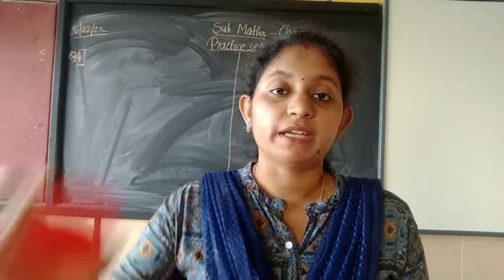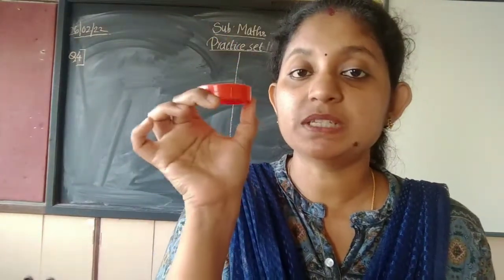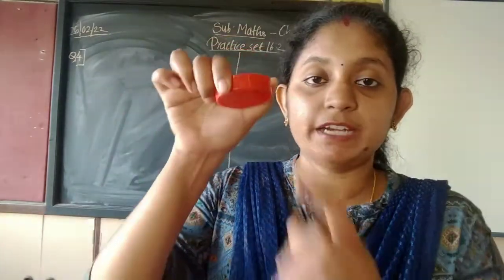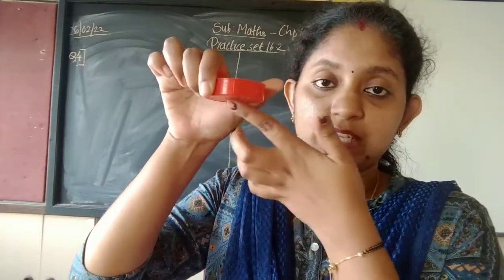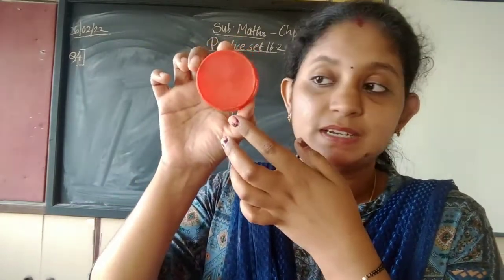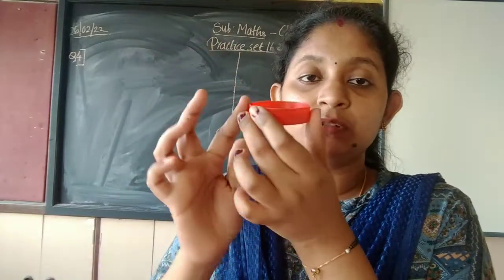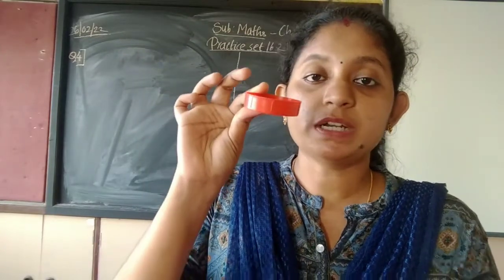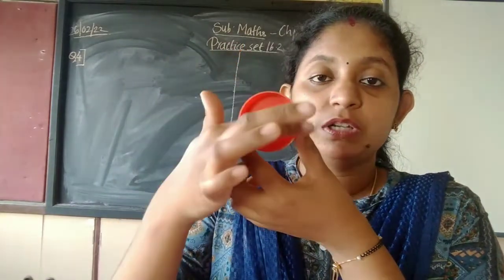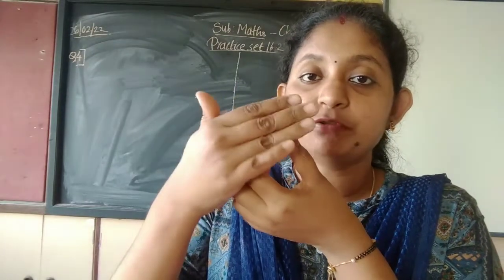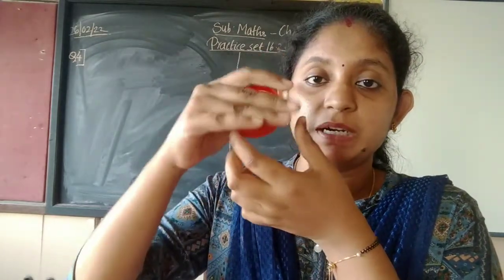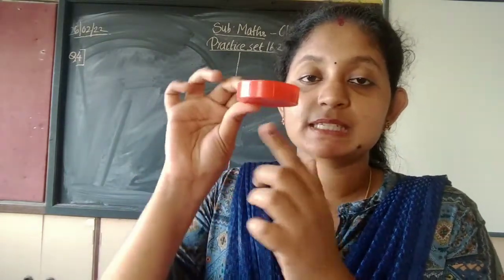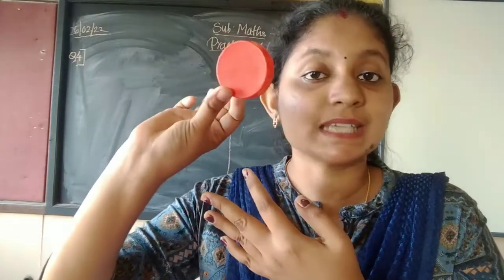Again they have asked us to find out the area of this lid. Now which shape is this lid? Yes, it is a 3D model, correct? You can see a height over here. Yes, you can see a base over here. Which shape is it? Circle. You can see the curved portion, correct? So which shape is this? This is also a cylinder. And it is open at one side. Here it is not fully covered. Cylinder means it is covered, no? But here it is open from one end. So this is curved surface. This is the base. Shape is circle.